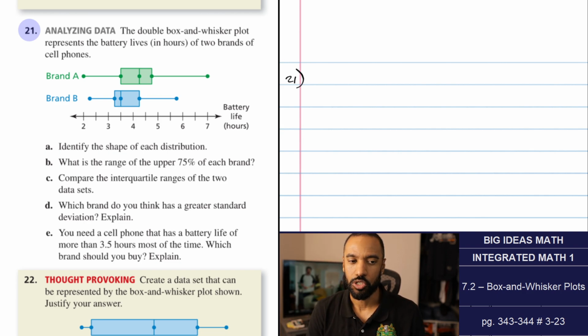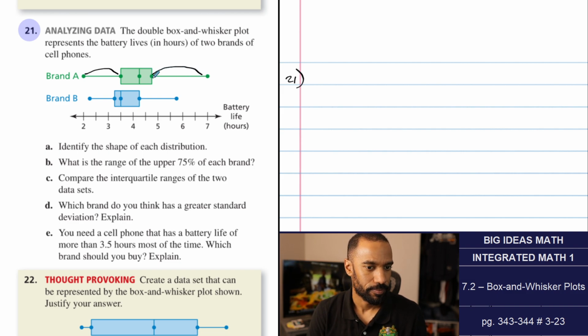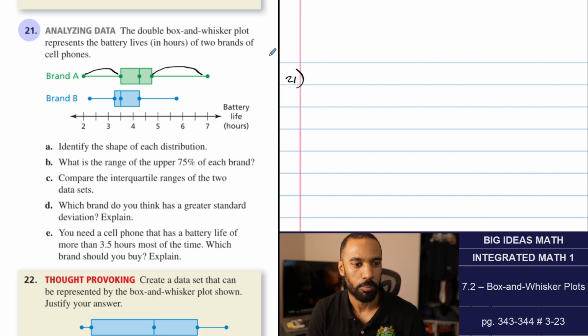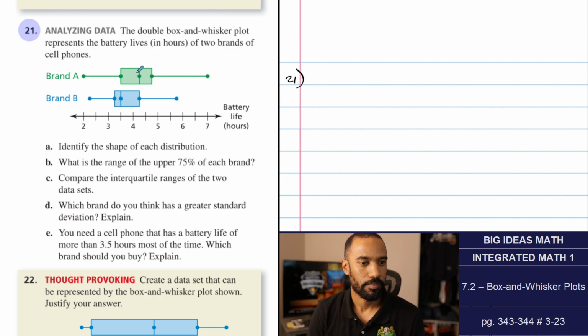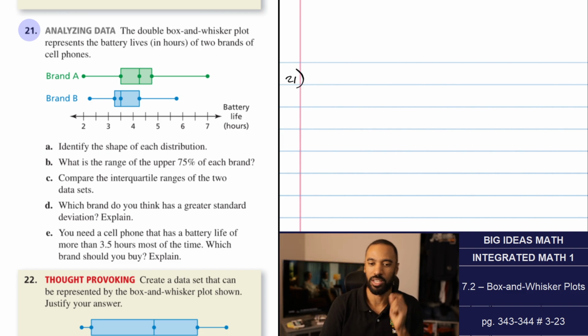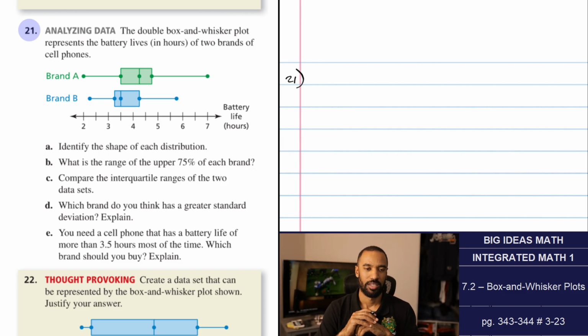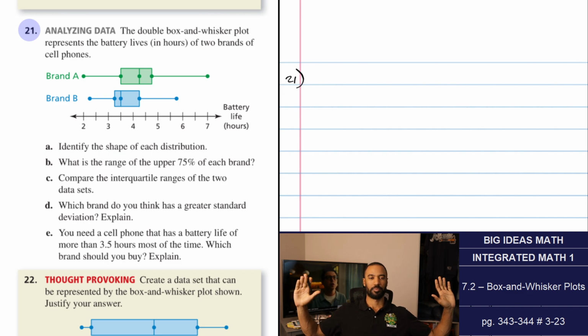Identify the shape of each distribution. I would call brand A relatively symmetric, but not fully. It's relatively symmetric until you hit these whiskers here. And this whisker goes from, it's like 4.75 to 7. That seems to offset this one a little bit. Even though the interquartile range, it's relatively, oh, this one's hard to, for sure. When I zoom out,